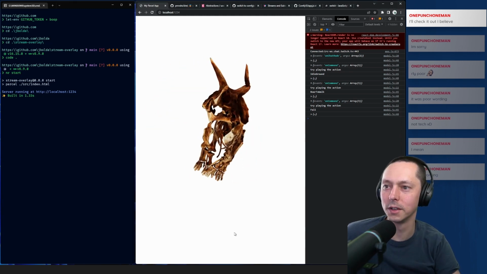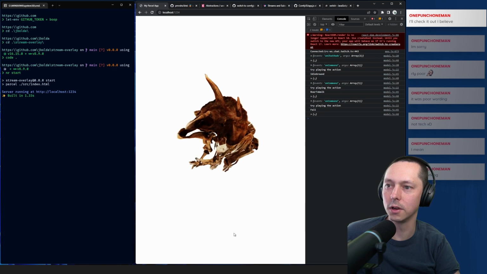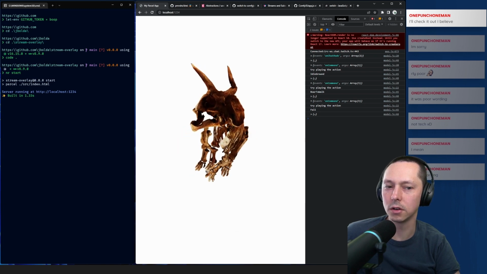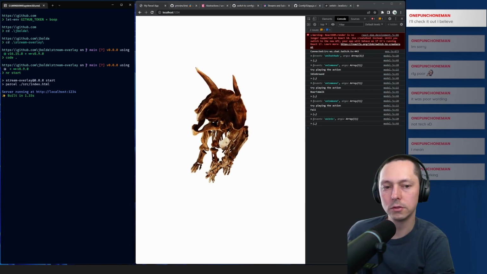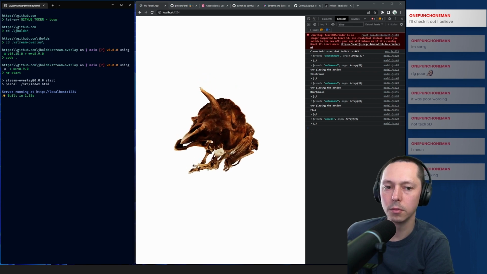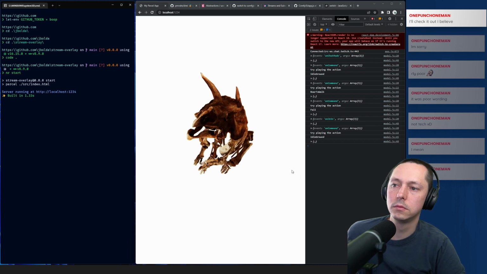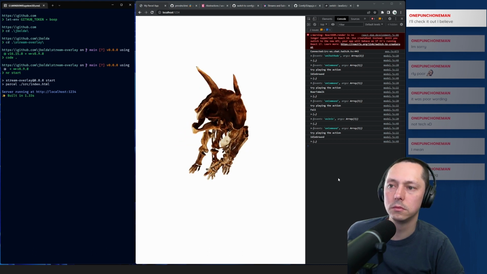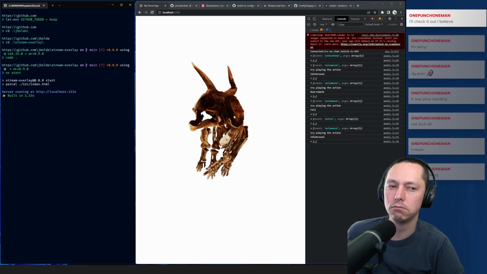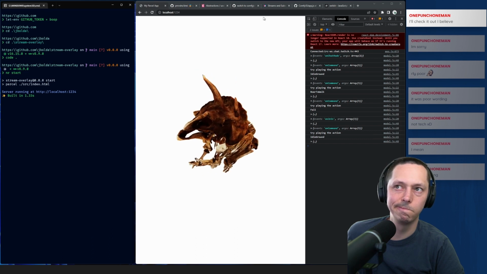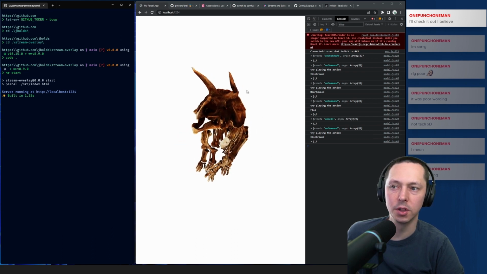That was a weird view. It's hard to tell what the animations on this are. They're not super amazing. Idle ground. I think some of this is actually the model.